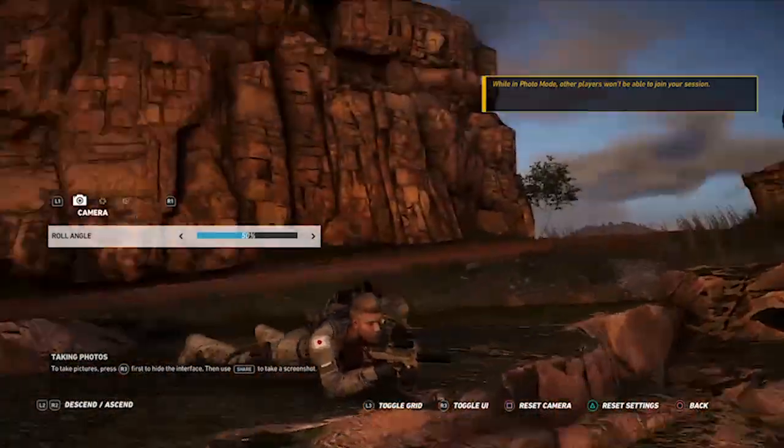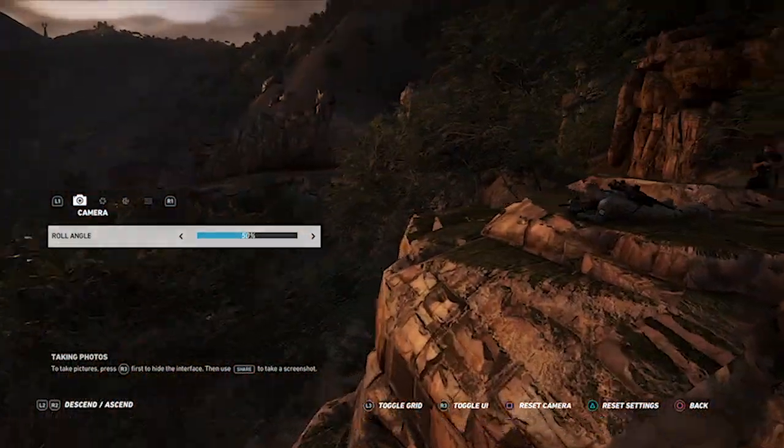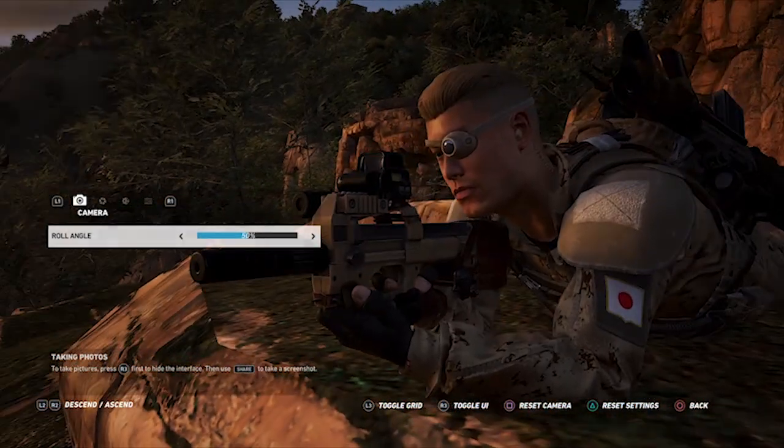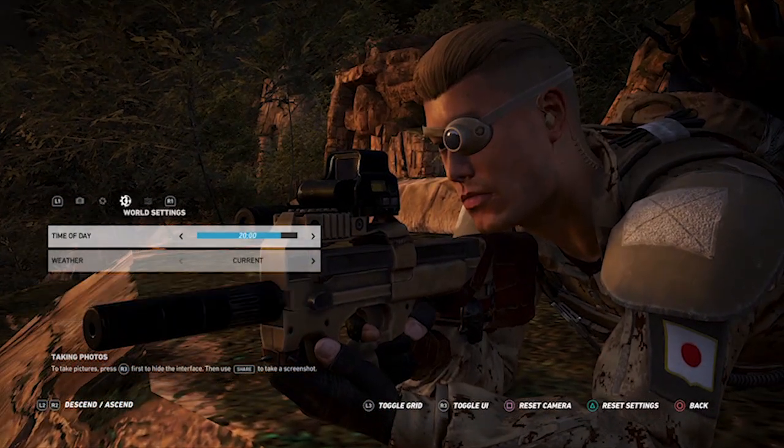You can zoom out quite far, you have a few filters you can use, you can alter the focal depth, you can even change the time of day, which really helps. It really makes a difference as you can alter the lighting very quickly. It's not the best photo mode out there, but it's a good one and I've managed to capture some really